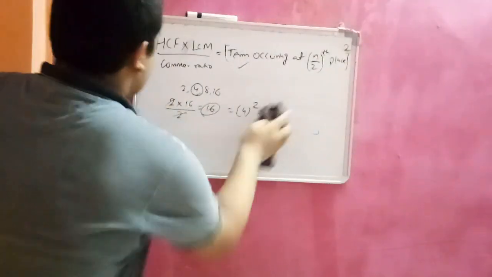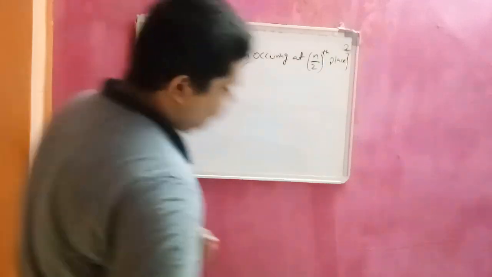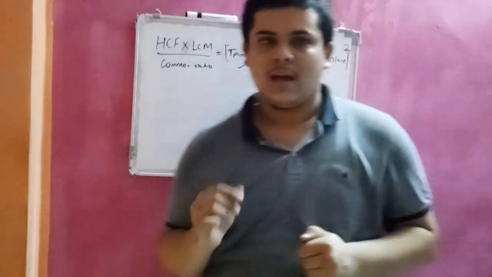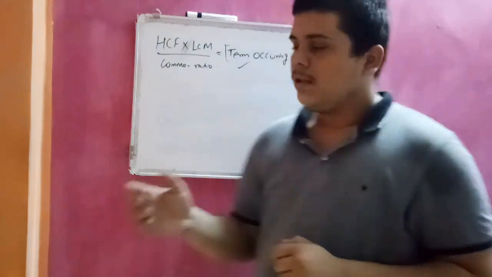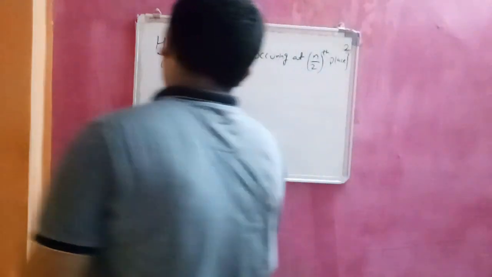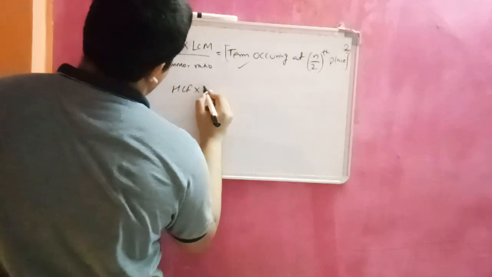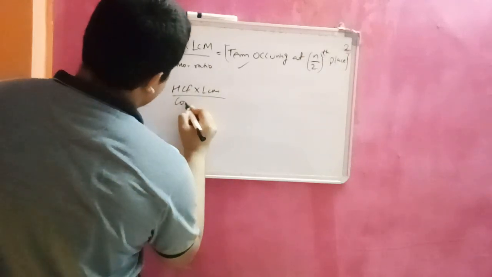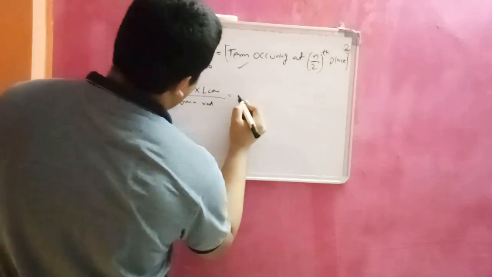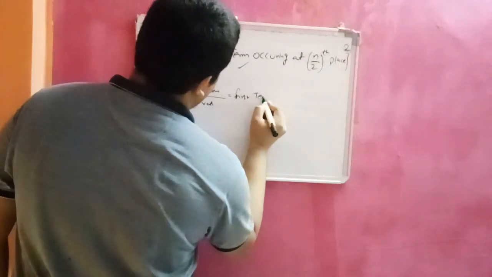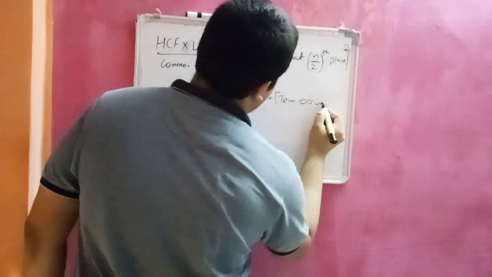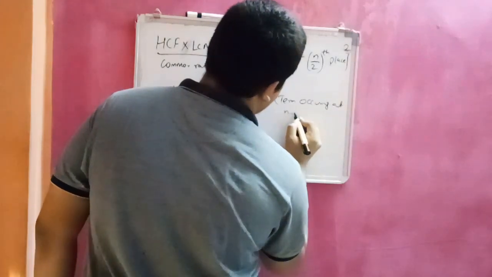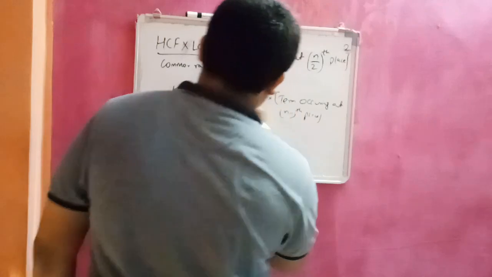And my second theorem tells that for a geometric progression having an odd number of terms, and terms being either natural numbers or positive fractions, the product of highest common factor HCF and least common multiple LCM divided by the common ratio is equal to the product of the first term and the term occurring at n minus 1th place. This is my second relation, my second theorem.